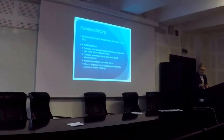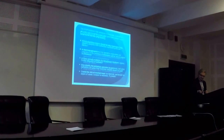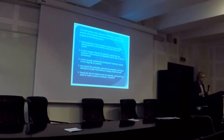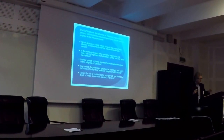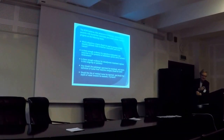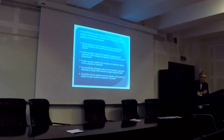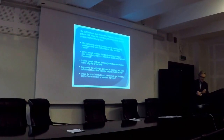And I will focus on the third point, borderline resectable pancreatic cancer. And I will read to you the consensus statements, and then we can discuss this. The International Study Group believes that advances in treatment, especially for patients with borderline resectable pancreatic cancer, require progress on